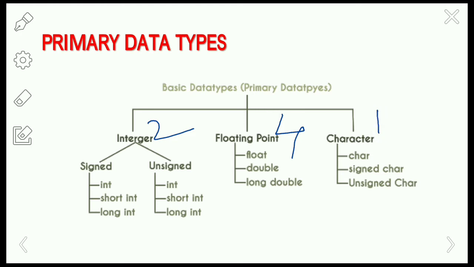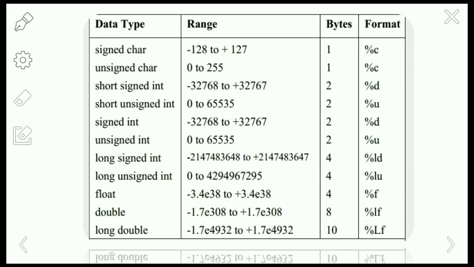Double allocates 8 bytes of memory space, and similarly long double allocates 16 bytes of memory space.